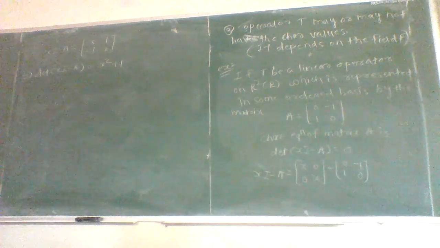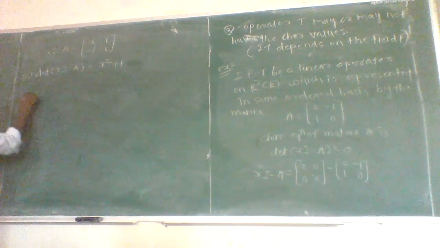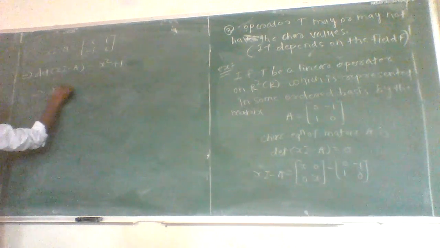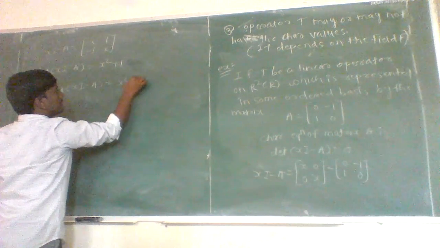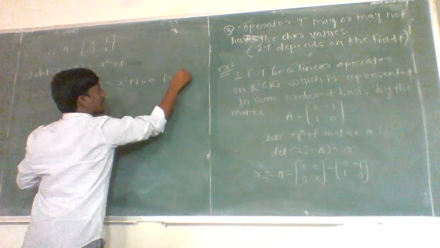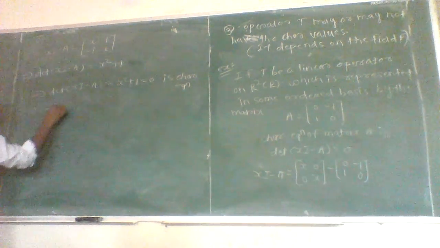This is the characteristic polynomial, which implies the determinant of xI minus A equal to x square plus 1 equal to 0 is the characteristic equation of matrix A,